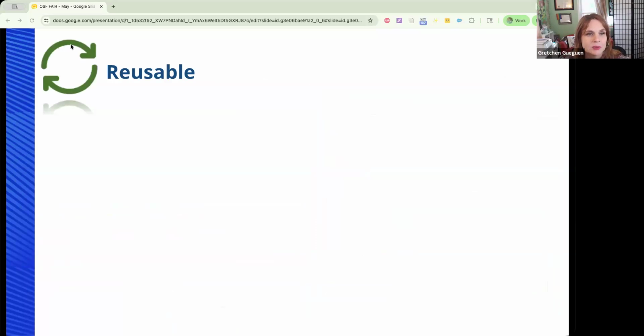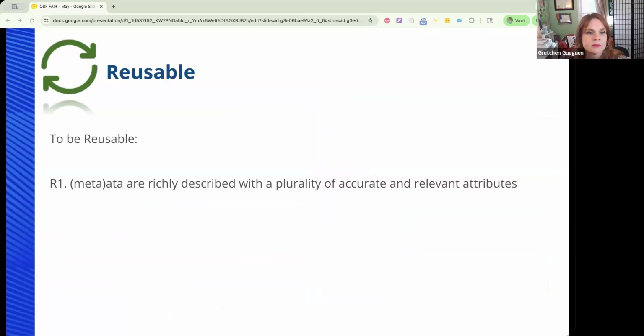Finally, reusability, which we already talked about a little bit. You may have initially used this content, but this principle means that you're making it possible for others to reuse it later. So to be reusable, we want to create metadata and data that are richly described with a plurality of accurate and relevant attributes, which once again means robust metadata.